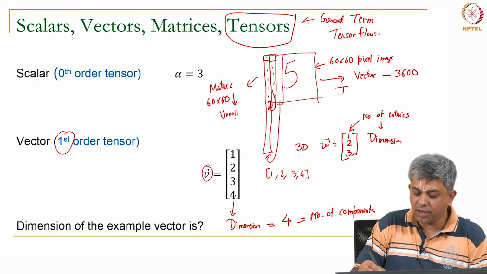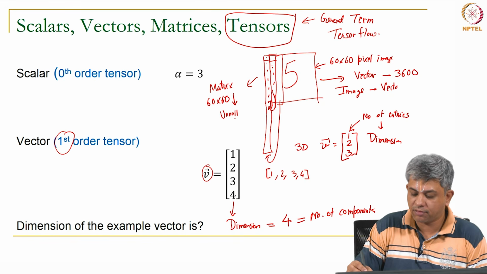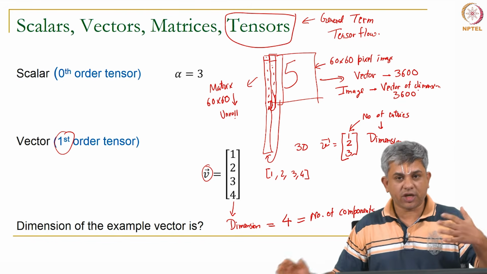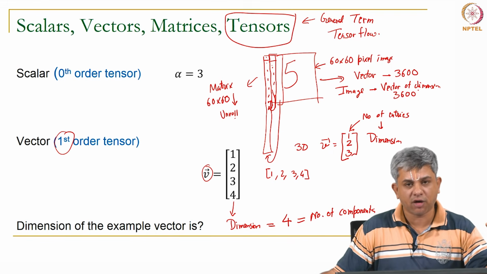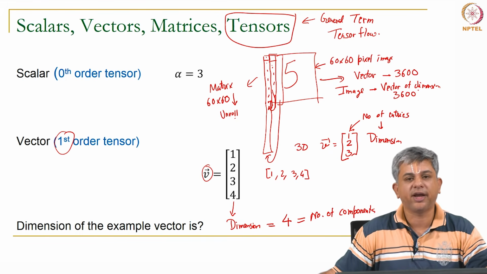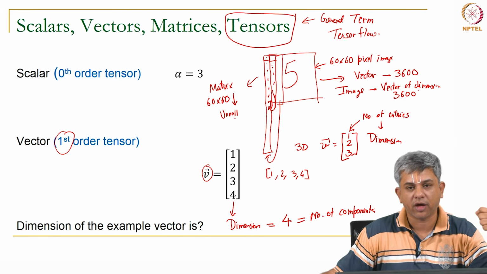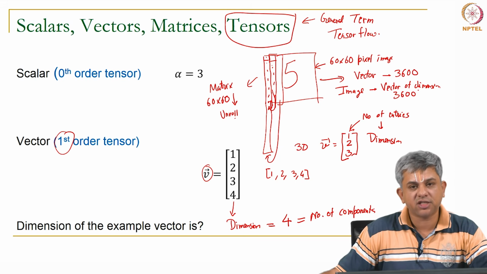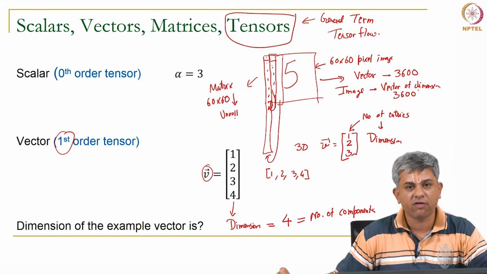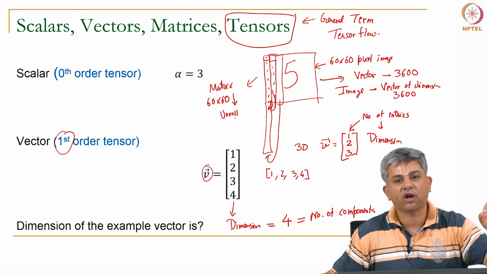So, the point is that the image, a 60 cross 60 image, can be written as a vector of dimension 3600. Okay. So, this is a huge number of dimensions if we think about it in terms of the number of dimensions that we usually deal with in physics. In physics you are typically dealing with 3 dimensions. Okay. So, length, breadth, height, okay, x1, x2, x3, x, y, z coordinates. Okay. So, a 60 cross 60 image can be thought of as a vector which has 3600 coordinates. Okay. So, 3600 coordinates, each pixel can be thought of as a coordinate.